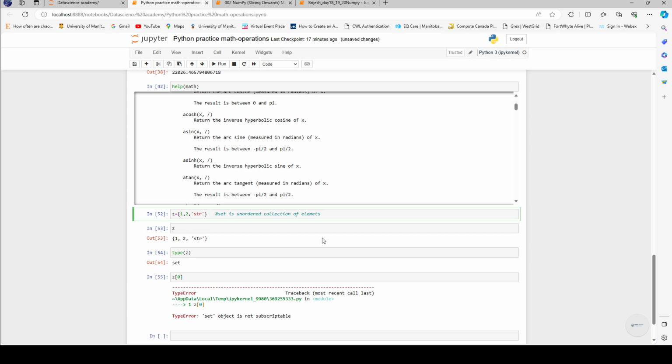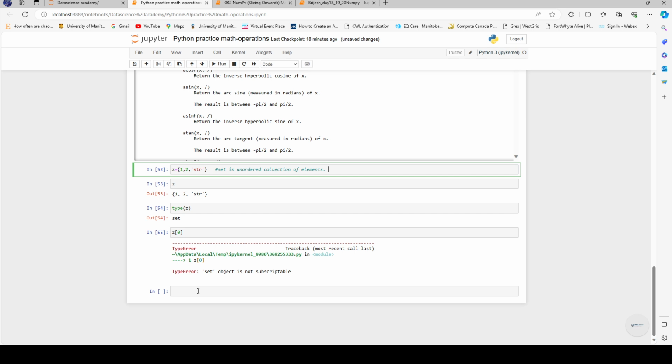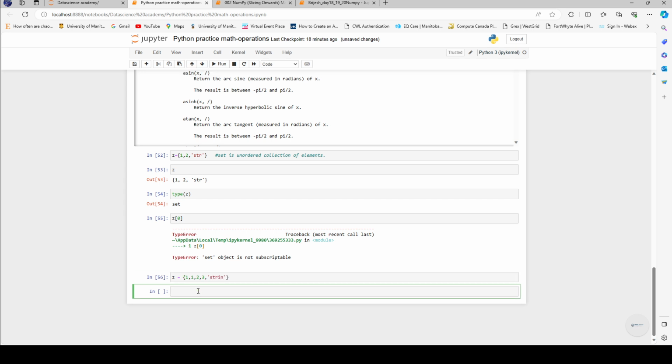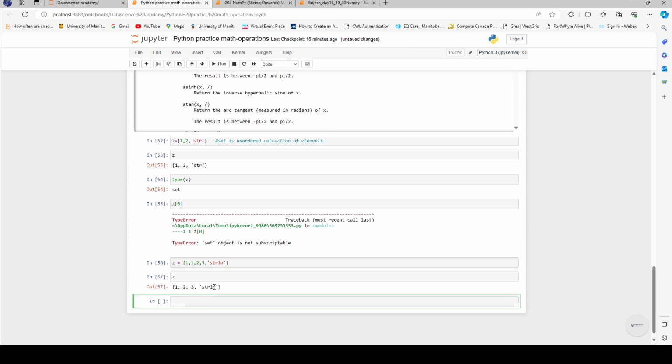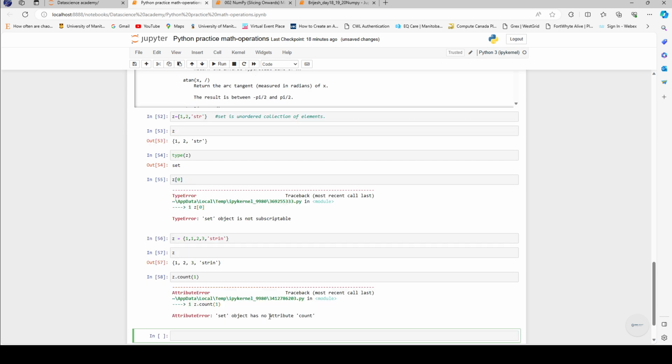So again, as I said, an unordered collection of elements, and also there cannot be repetition, right? Now if I say z is equal to 1, 1, 2, 3, and a string, and you try to access z, it's 1, 2, 3 and then the string, right? So there are no repetitions. Let's see if we can do the counting. I don't think we can do a count, and exactly, there's no attribute called count because z